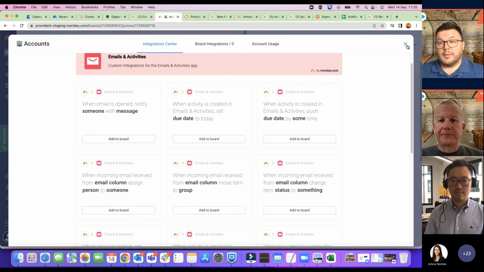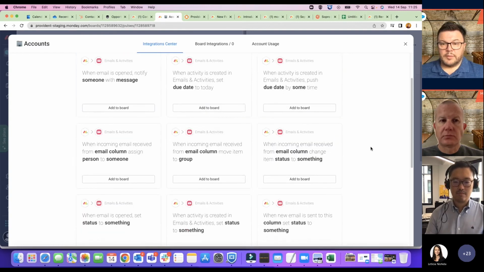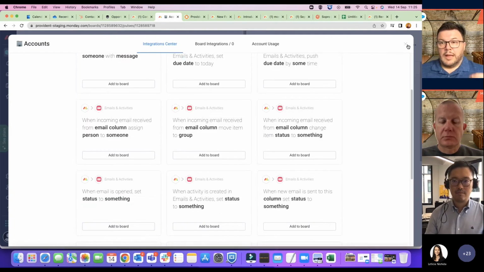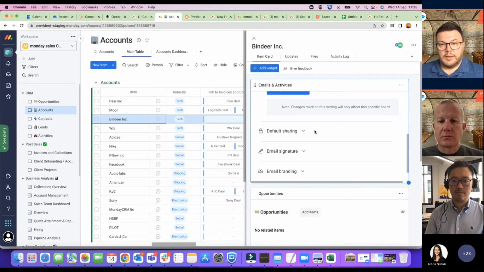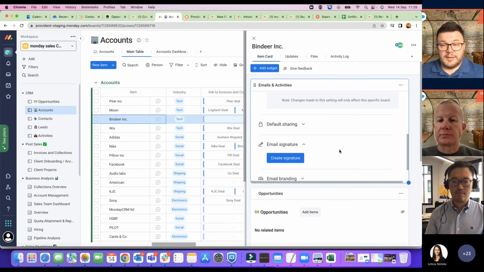So we know that that email has come in, Martin's looking after that deal, or I'm looking after that deal, and that can be held and kept within everybody. So as Monday's always had its big strength in terms of automations, this is helping it grow, become even more powerful. If we wanted to create an email signature, you can obviously copy your existing Outlook signature into that and paste it in there.